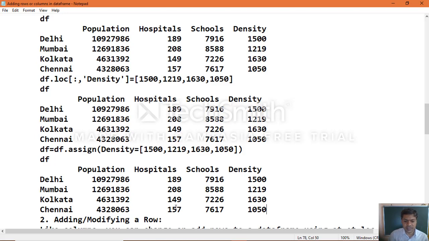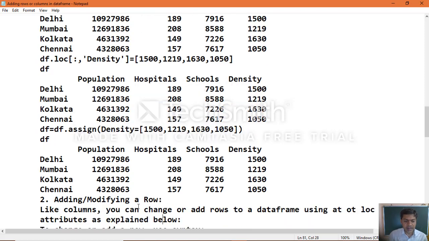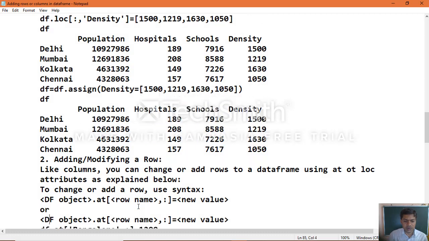So by using the different syntaxes which we have seen, now we will see how you can add a row into a data frame object. Another one is adding or modifying a row in the existing data frame object. Like columns, you can change or add rows to a data frame using at or loc attributes as explained below.